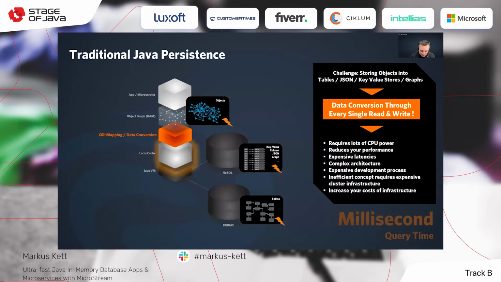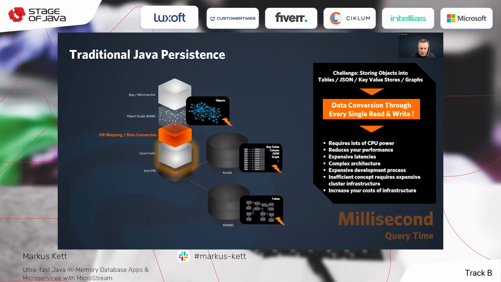However, this cache is not as fast as you would expect, because it's an in-memory computing feature. However, the objects are serialized into the cache and have to be deserialized when you read the data from the second level cache. And this also leads to latency and reduces the performance of your application. So, Hibernate applications are mostly not that performant, even if you use a cache.